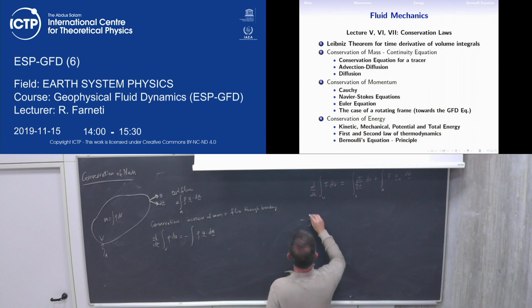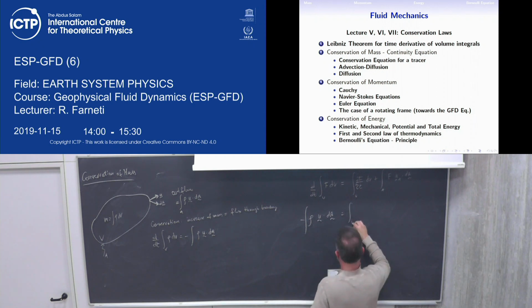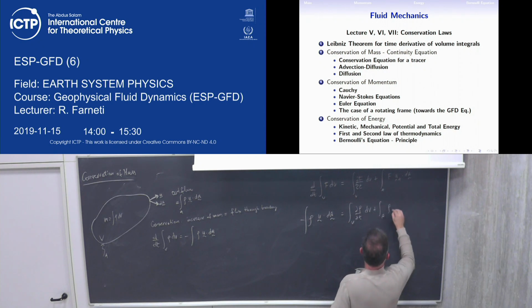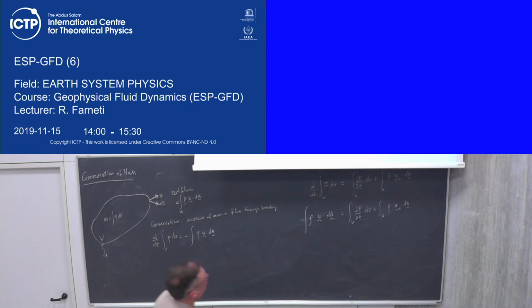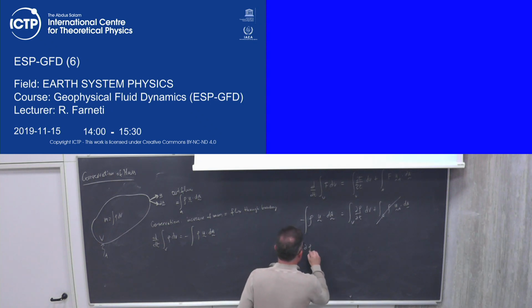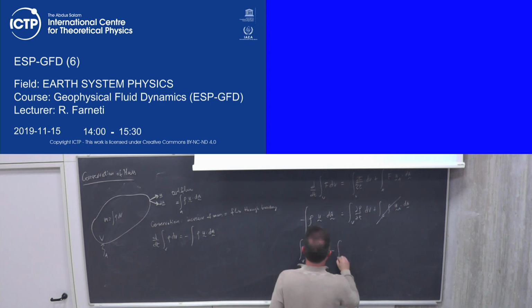So I'm going to write it. This change of mass plus the area integral of mass flux through dA. For a fixed volume, of course, this is equal to 0. So the big potato over which I'm integrating is not moving, so that term is equal to 0. So the d by dt of rho integrated over the volume is equal to